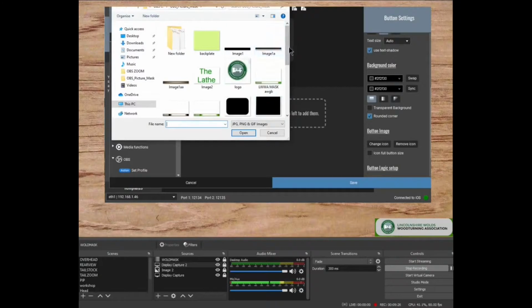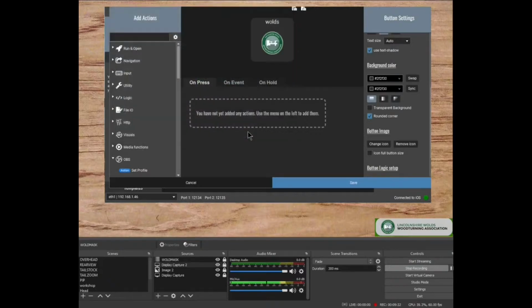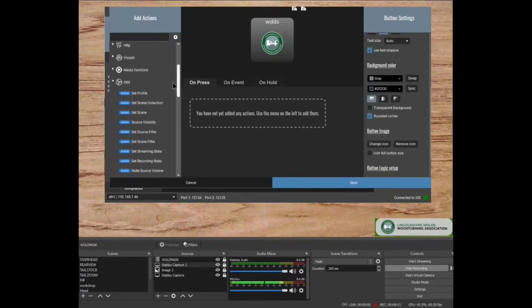I've got loads of stuff in there, look. So I'm going to click that one and open, and there you go, it's put the Wolds thing in there. Now if you fancy having a background on there, you can change the background colour as well. So if you decide you want it to be a grey background, that kind of shows up, and I'll go across set scene,